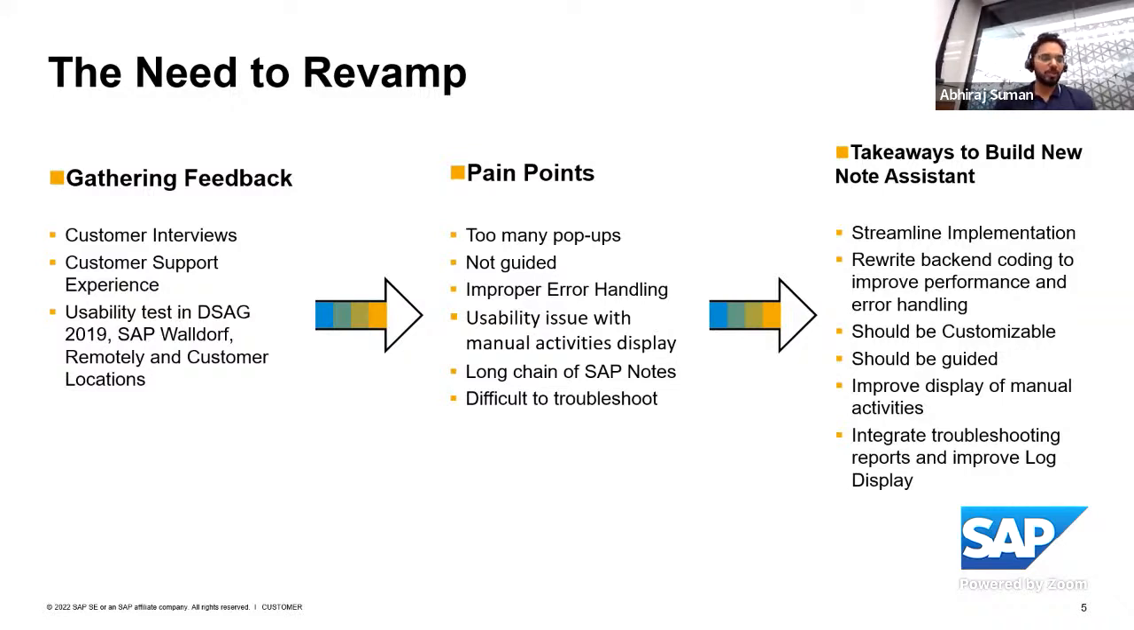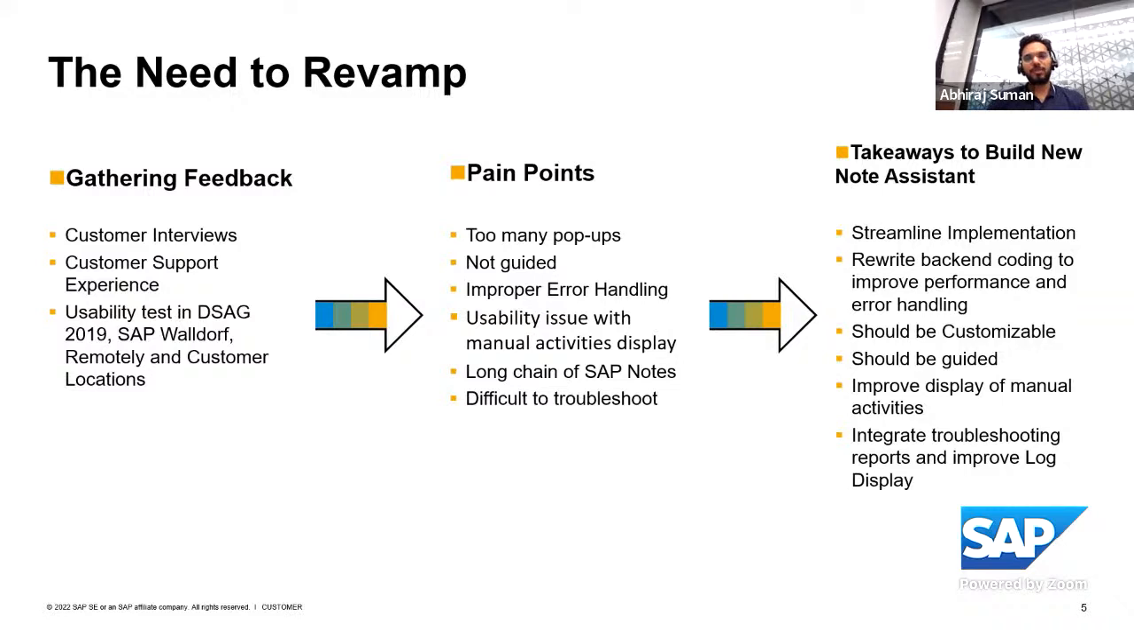And it was also difficult to troubleshoot the issues. In case we have a yellow object, I would say, or in case something has gone wrong with the note implementation, it was difficult to find out what is the root cause over here. With all these pain points into consideration, we tried to build the new Note Assistant, and